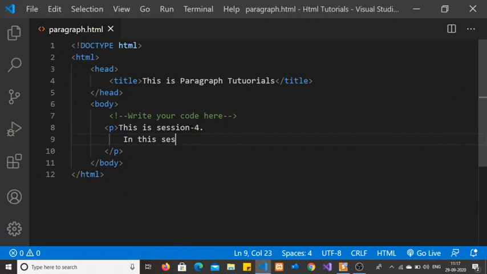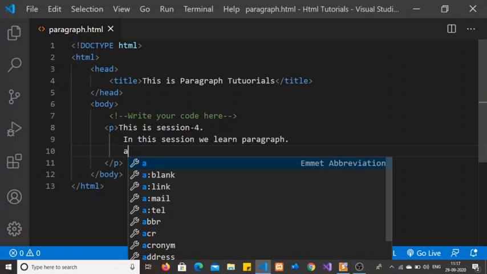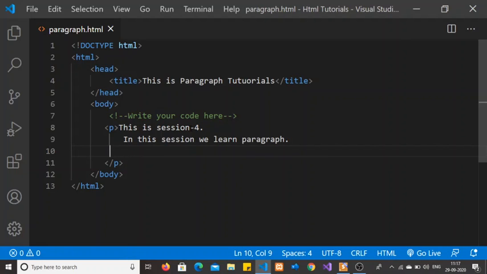In this session we learn paragraph and its formatting.